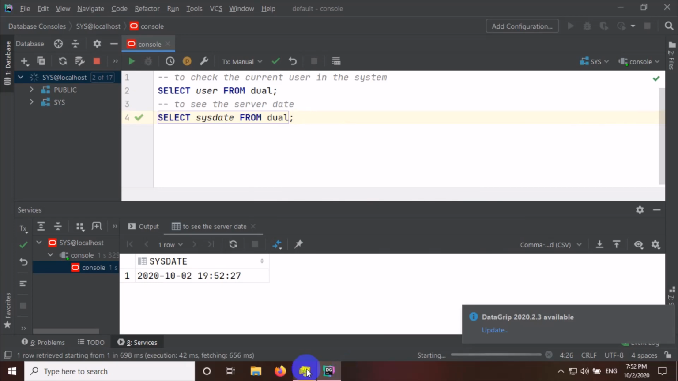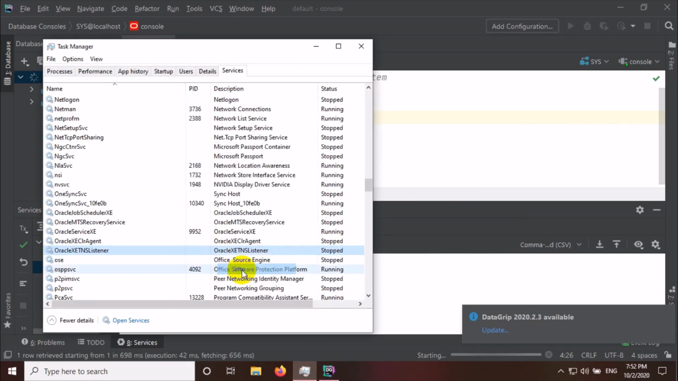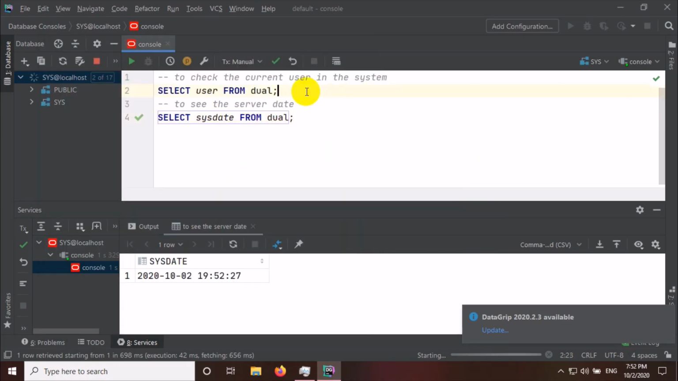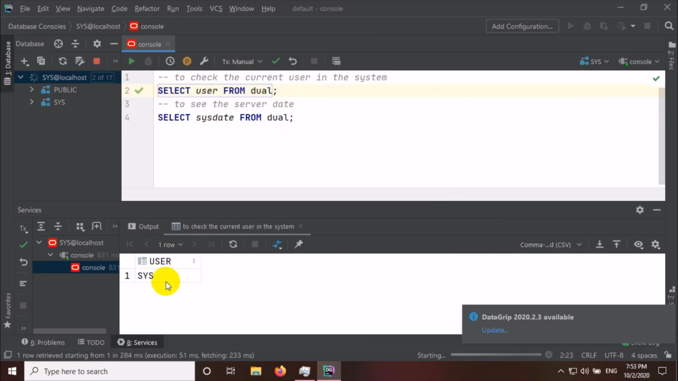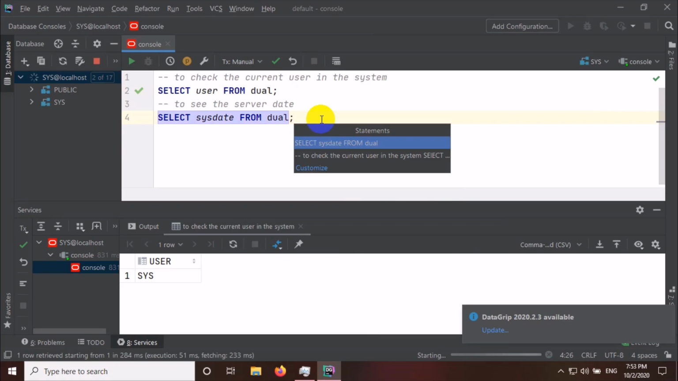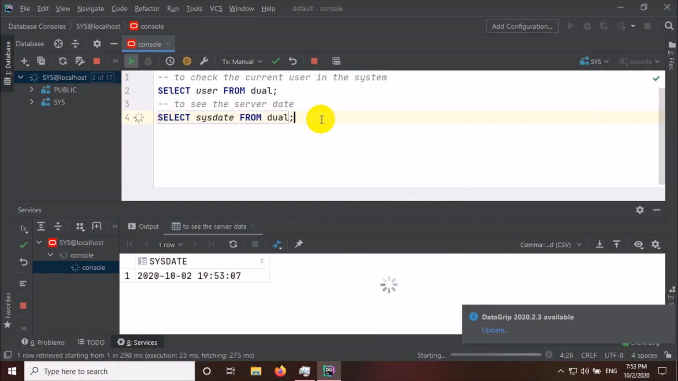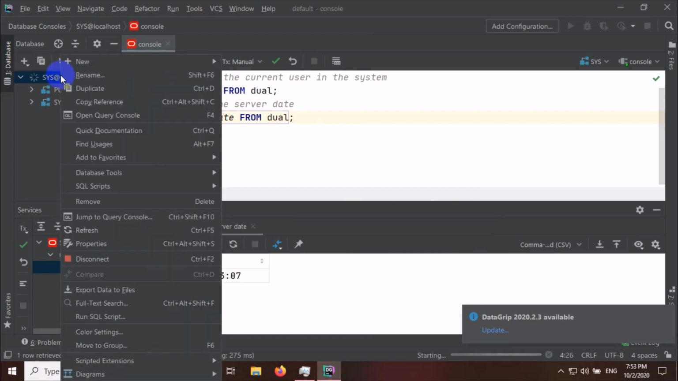If I go back and hit stop on the listener, and now I run the dual query, let me see what I get. I still get the same information. I hit enter, I still get the same information. The reason is, once you get connected with the database, everything else is bypassed. Now the listener service is bypassed, and it will be used only while reconnecting. For example, if I stop this service, let's say disconnect,